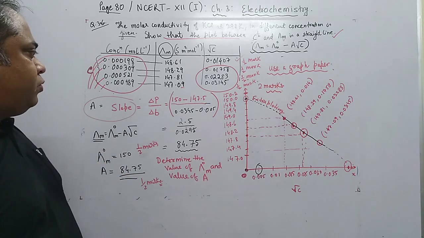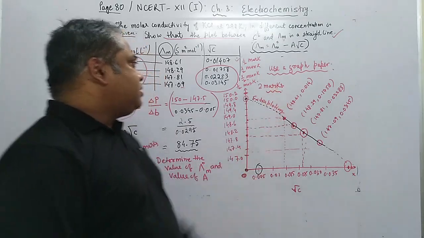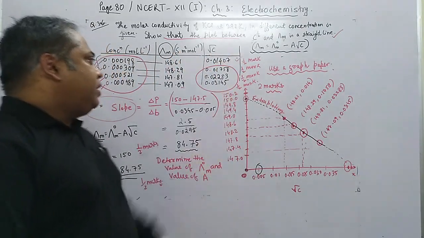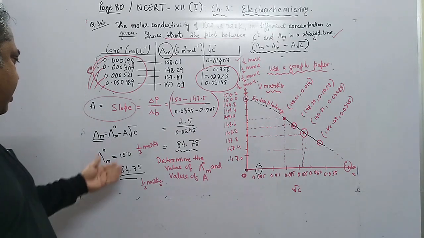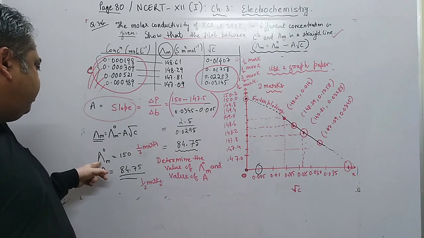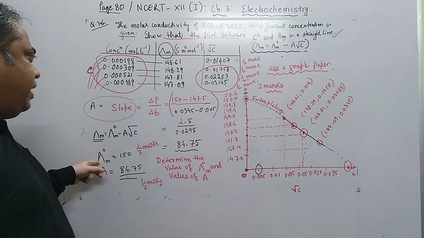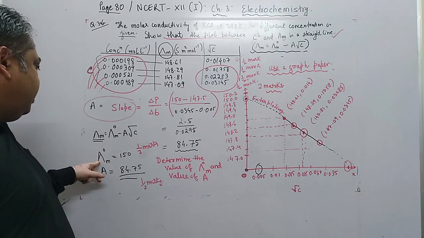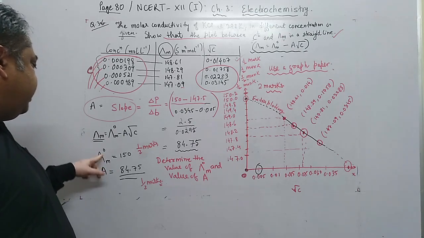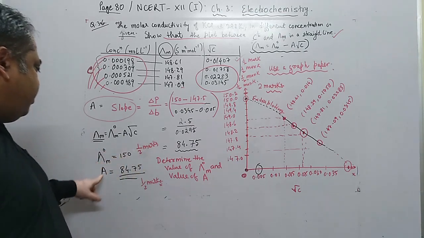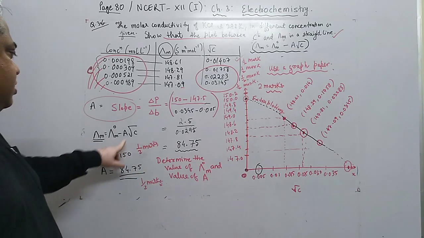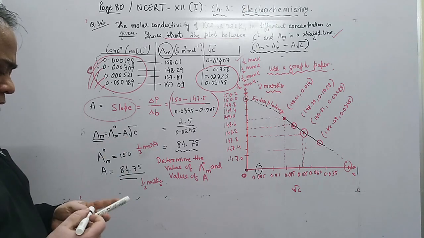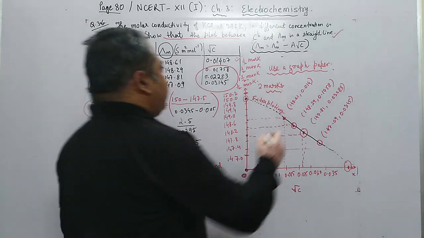So for drawing a proper graph, you will get 2 marks. For this rough calculation, you will get 2 marks, half mark each, and half mark for finding out the lambda m at infinite dilution, and for finding out A, which is a constant in this equation, half marks. So in this way, this will be a 5 marks question,